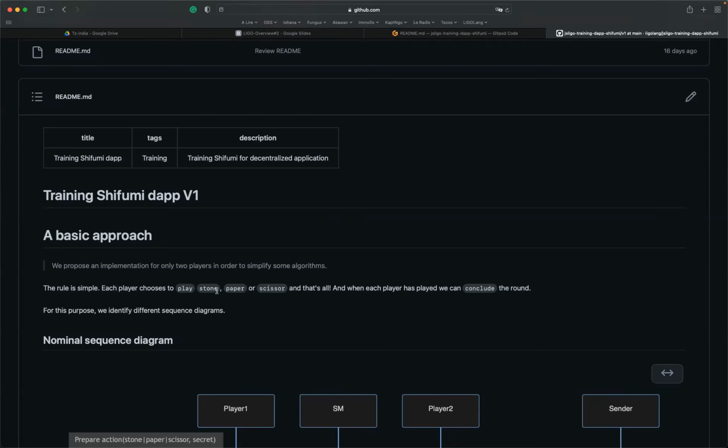We are going to propose an implementation with only 2 players. No more, no less, because the complexity of 3 or 4 players is not really relevant. So we are just going to reduce the game to 2 players. These players are going to play Shifumi, where you have to choose between stone, paper, and scissors.